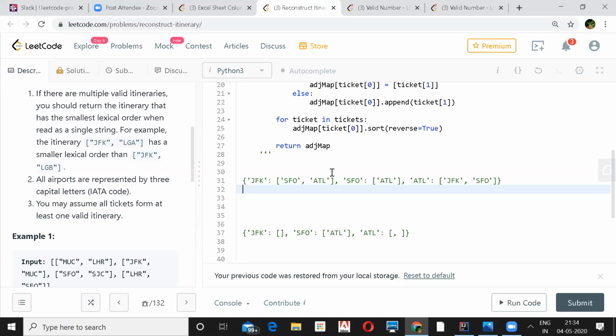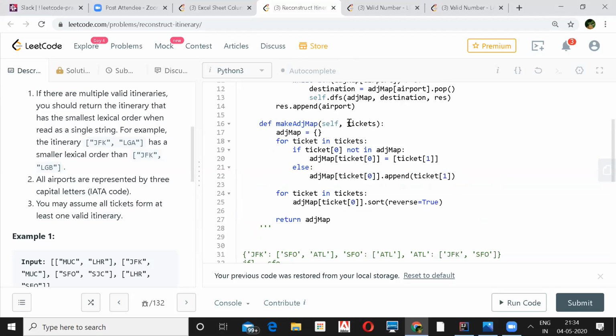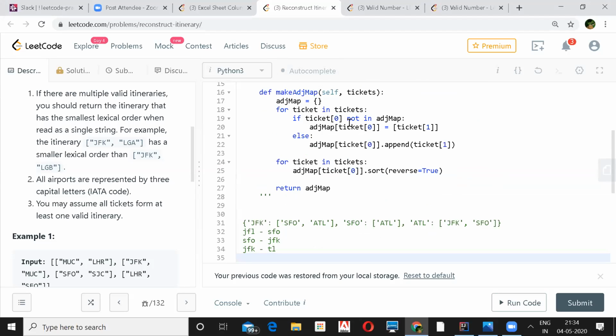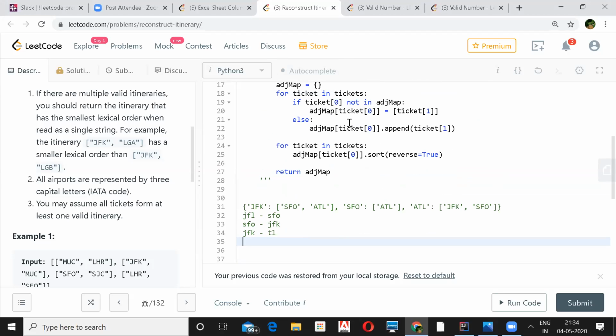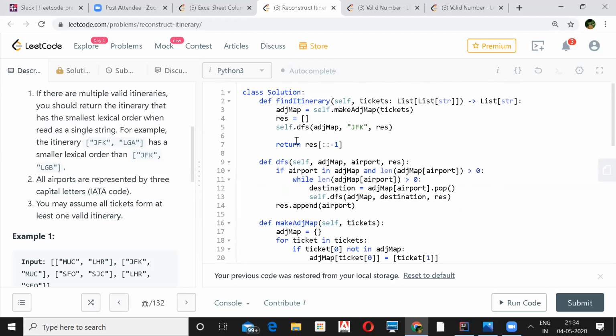But if you sorted your map and then picked the smallest one first, you don't need to actually sort it and reverse it. It's the same thing, reversing and then reversing again for the result.